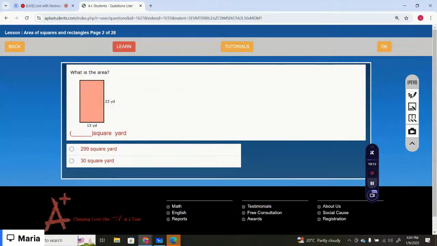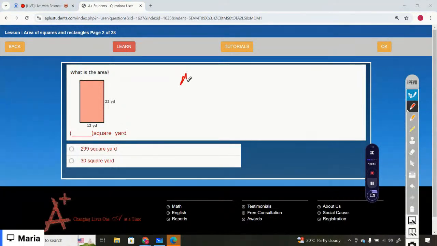You are given a rectangle. The area of the rectangle is base times height. The base is 13 and the height is 23. So 13 times 23 is,